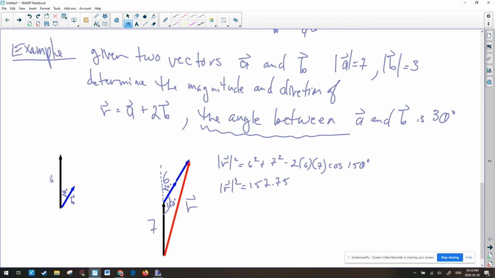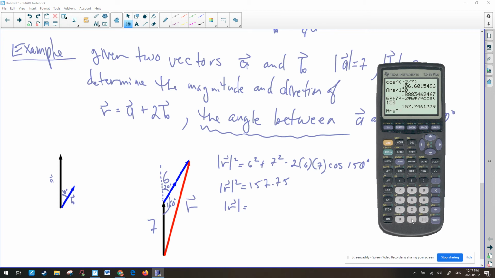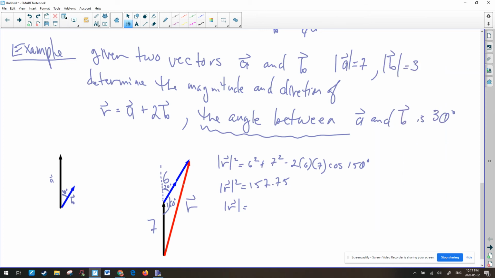But I don't want the magnitude of r squared. I want the magnitude of r. So the magnitude of r is going to be equal to the square root of that. So grab my calculator, do the square root, so to the exponent 0.5. Square root it, we're going to get 12.56. So the magnitude of vector r is 12.56 units. I didn't say what the units were, so it's just units. Lovely. Magnitude, not that bad,